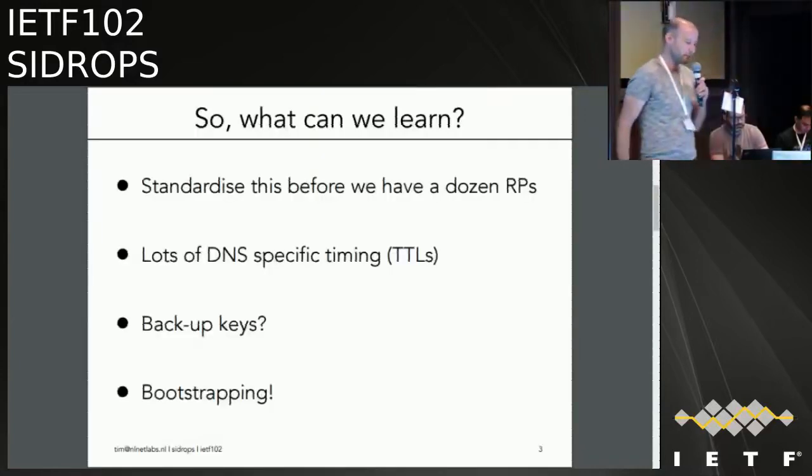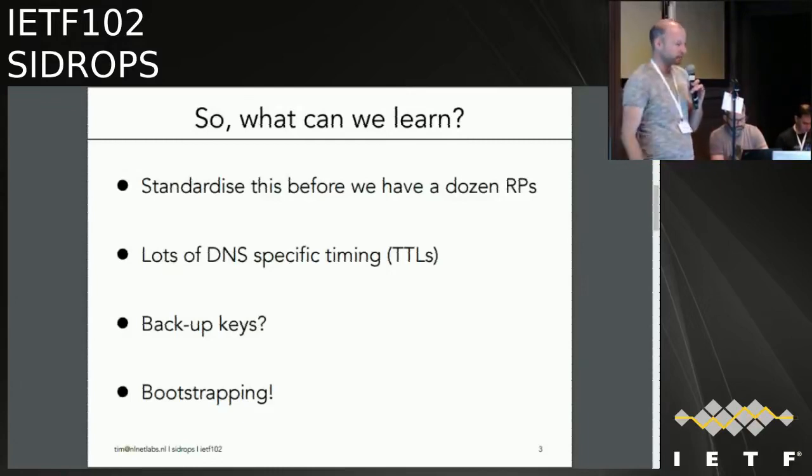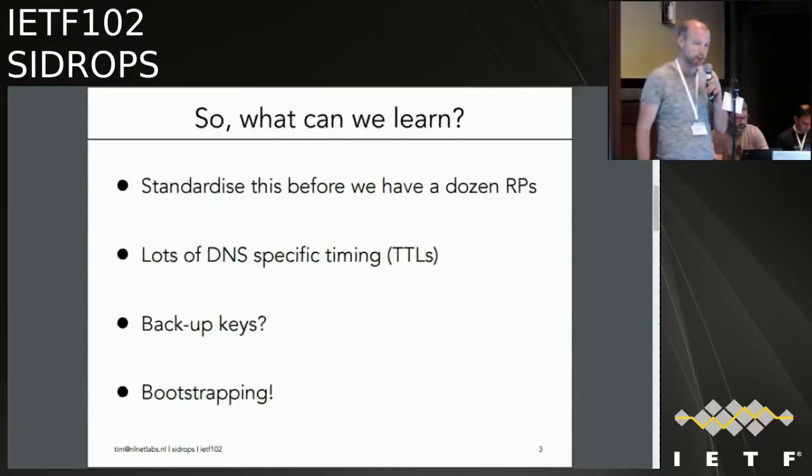What can we learn? First of all, I did talk about this at the last IETF, and I made a quadrant about whether this is important, urgent, where are we. I figured then that this is really important to me at least, but maybe not super urgent. I cannot reconsider that position. I think this is also urgent. This needs to be addressed before you have a bigger number of relying party tools out there that don't support whatever algorithm there is.